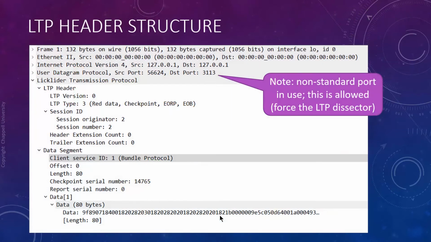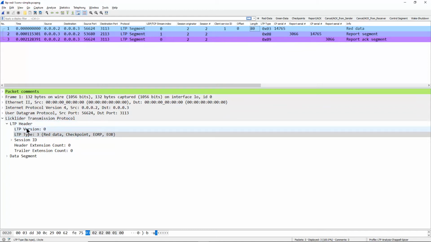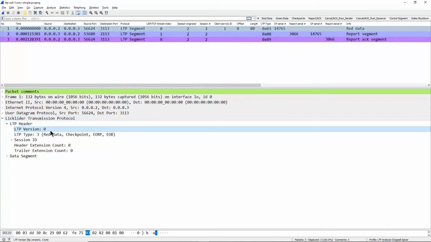Let's go take a look at the LTP header structure. We're just going to go back into a trace file, and I'm going to take you into the header. I'm still in that LTP-red-1-conv-simple trace file, and I'm just going to look at this first packet here, which is a red data packet. The first field in here is the LTP version field.